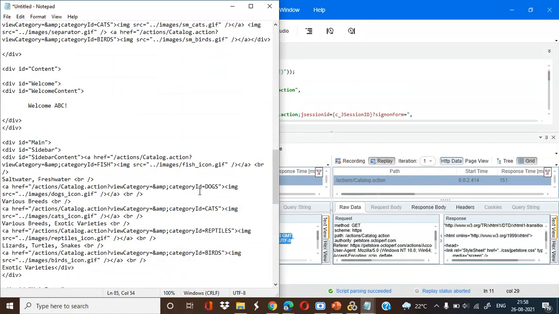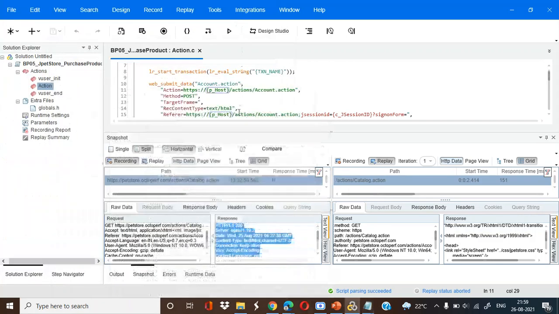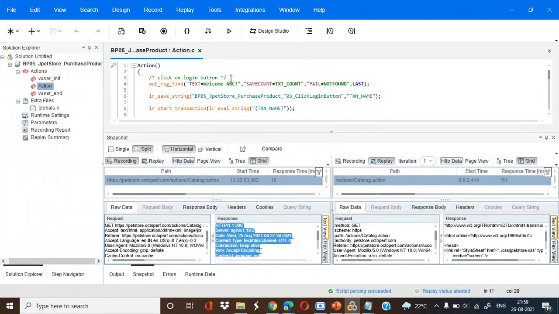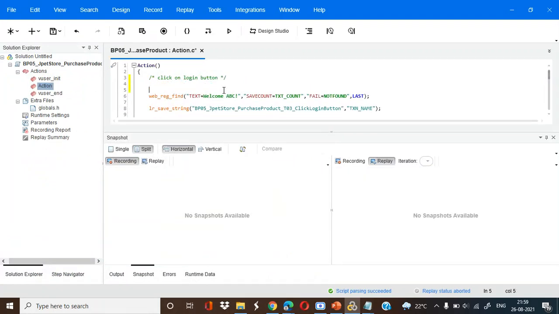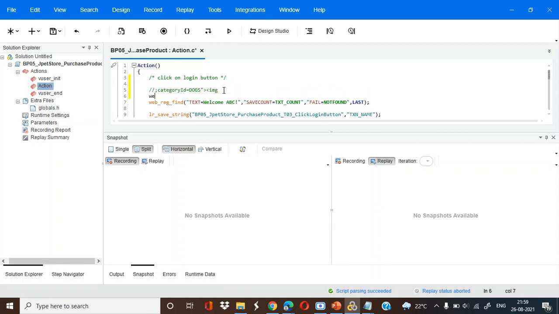So see, this is the category ID we want. Either it may be dogs or something, so it depends on the value; it should be changing. So I can take from here till here, copy this, and here I need to paste it. Okay, whereas